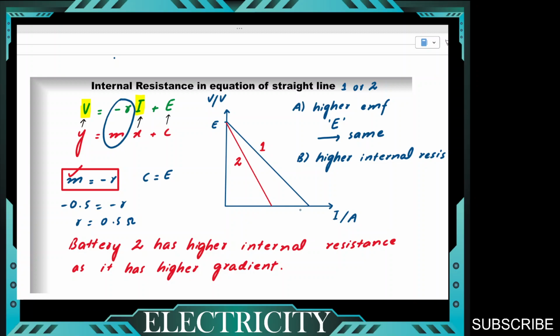So in order to find the x-intercept, for example, what does this point represent? This one over here, x-intercept. You can simply insert the value of v as 0,